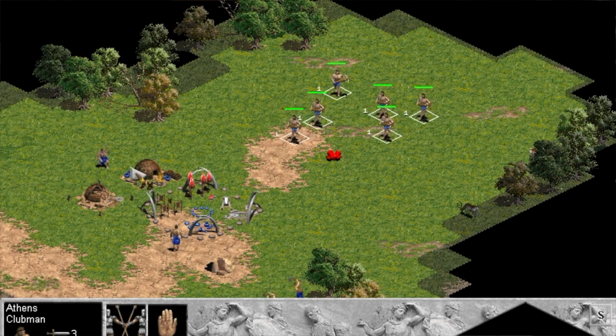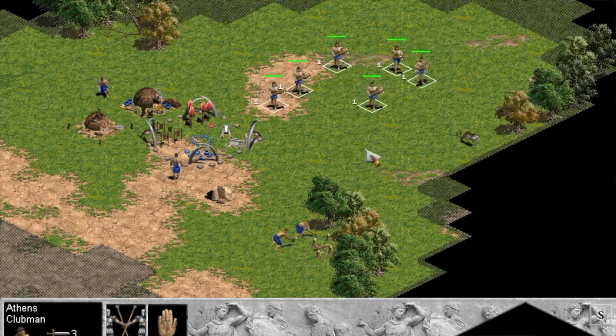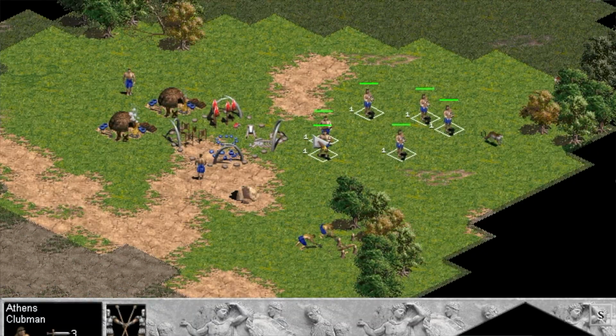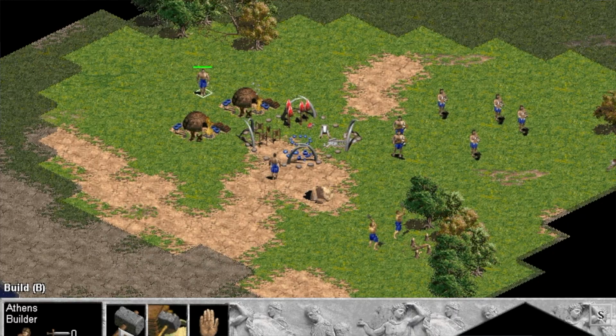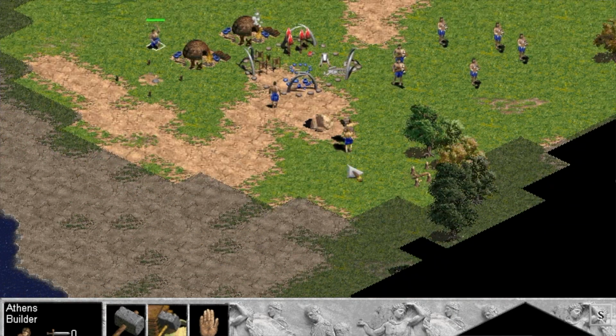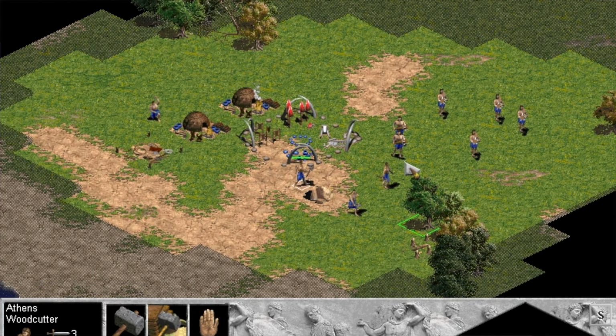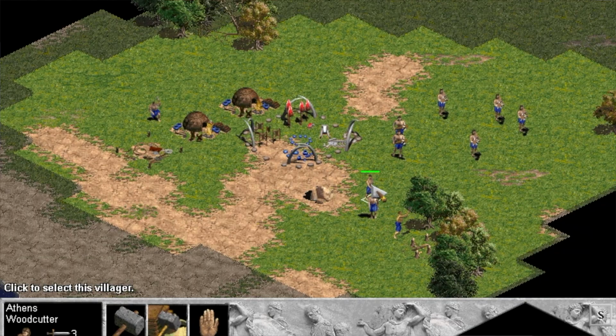Now my offensive units up here will probably need to be fairly mobile. I have been attacked from the bottom and the top at random points when making these scenarios. And right now we're just gonna have him make as many houses as we can afford. I'm just gonna keep cranking out these villagers. Now,